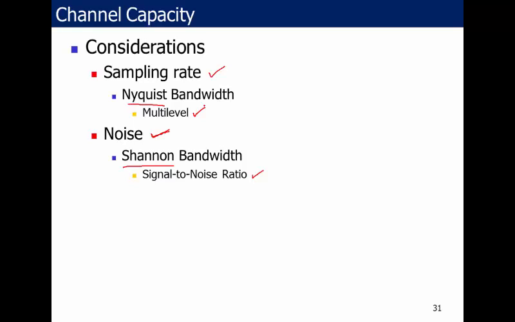And there is multi-level. If we have multi-levels, then what happens? Do we have more data to sample or less data to sample? So in the next slide,